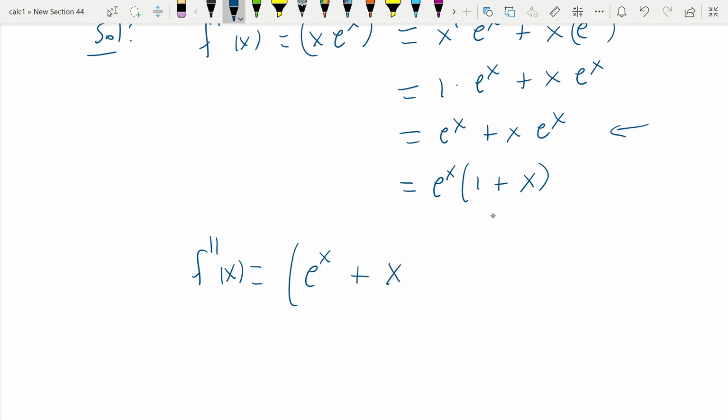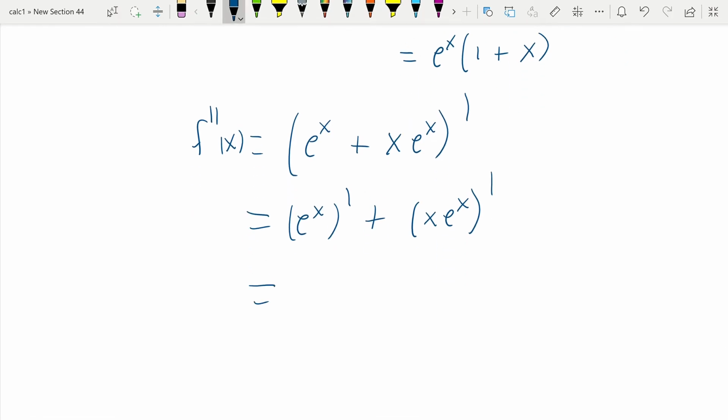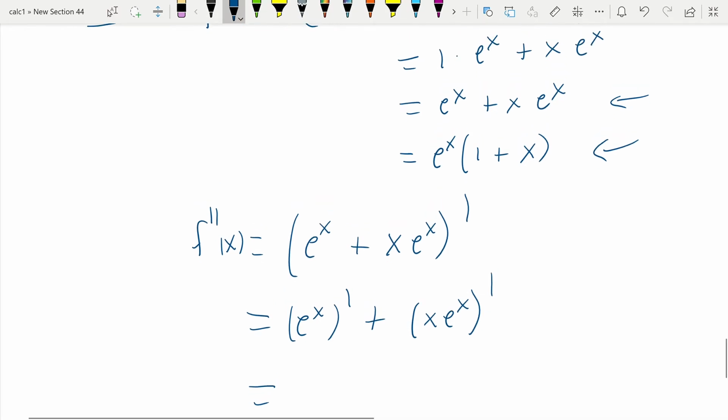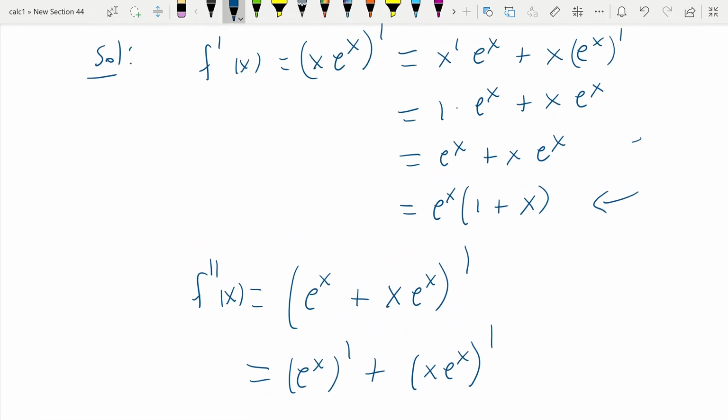So this is the same as e to the x plus x e to the x, prime. And remember, we can compute the derivative here by simply adding the derivatives of these two functions, e to the x and x e to the x prime. And this is why I wrote it this way instead of using the last expression we obtained. The last expression is good for finding the general formula, but for iterating this, the expression here in the previous step